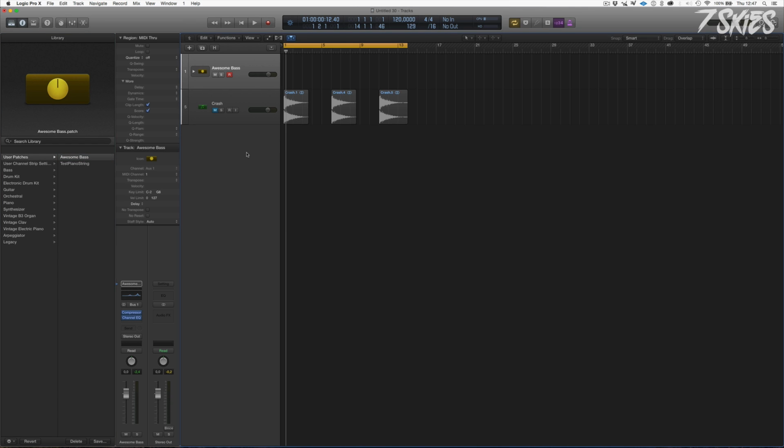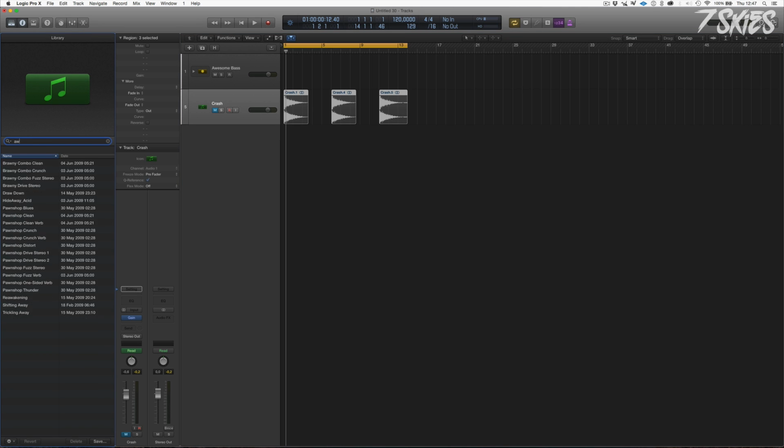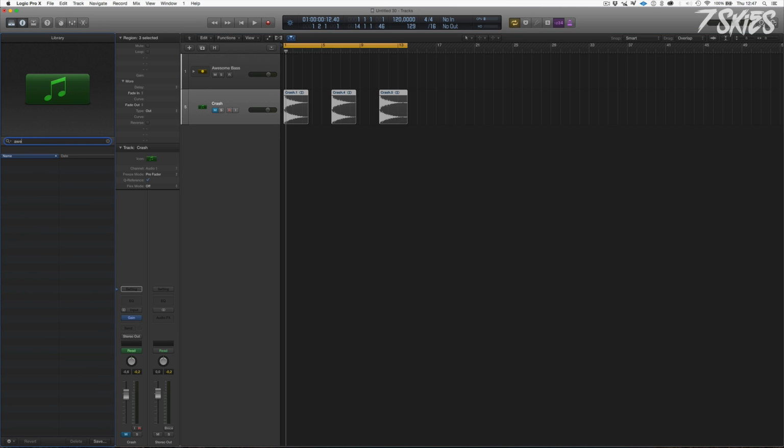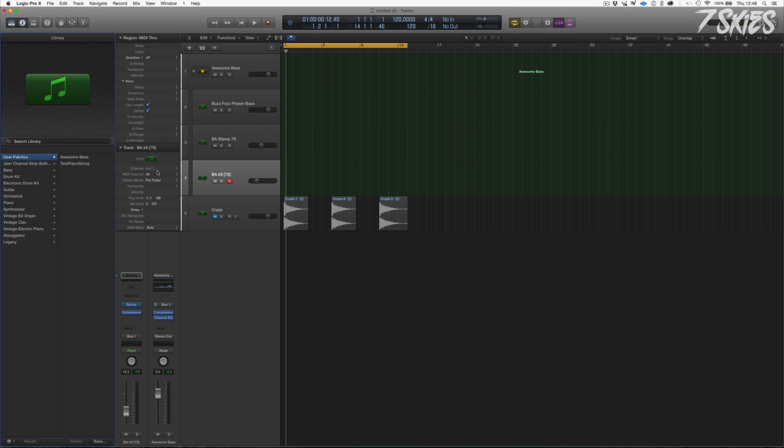So now if I click out and look for Awesome Bass, it's actually not going to see it because it's based on an instrument. So you have to select an instrument. I don't know if there's a way to do it from here. Well, yeah, if I just select another instrument and I go to user patches and do